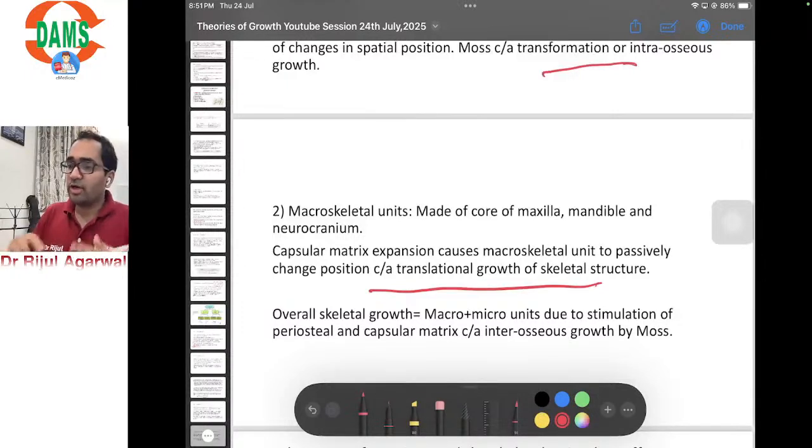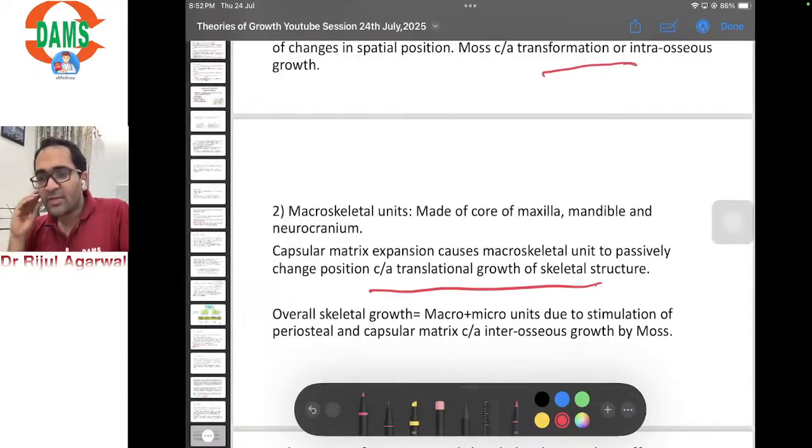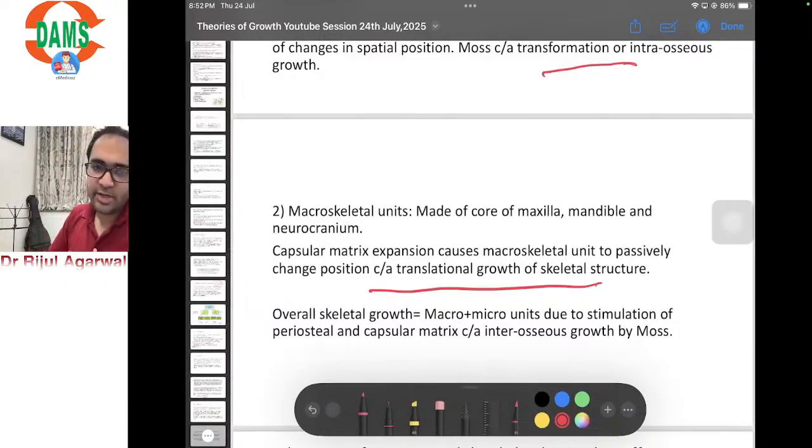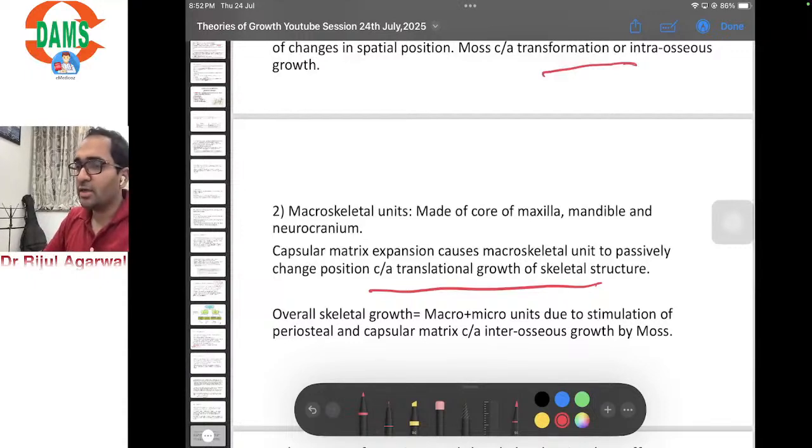Okay, now you understood transformational growth and translational growth. Very important for an exam. In the INI assertion reasoning type questions, they make such statements. If it comes as an MCQ, it is very easy to answer. But when it comes in assertion reasoning, in these statements we don't understand what language they have written: both are explanatory, both are not explanatory of each other, both are incorrect. Okay, for assertion reasoning only, that's why I'm taking so much time and discussing the theory